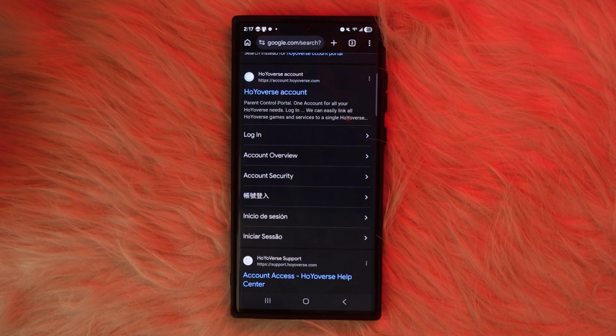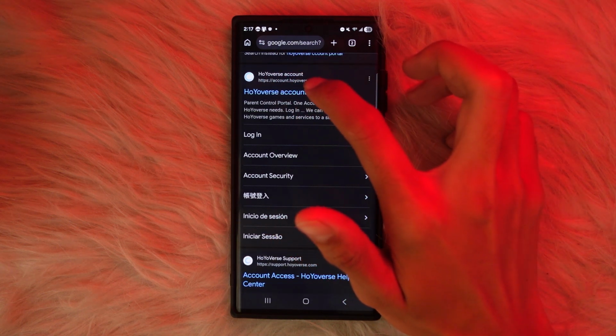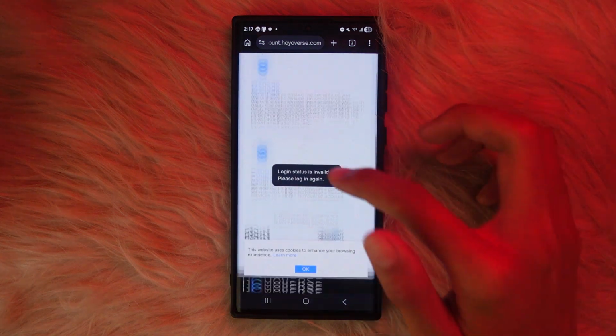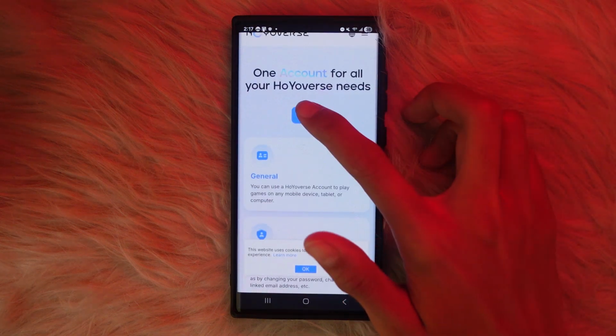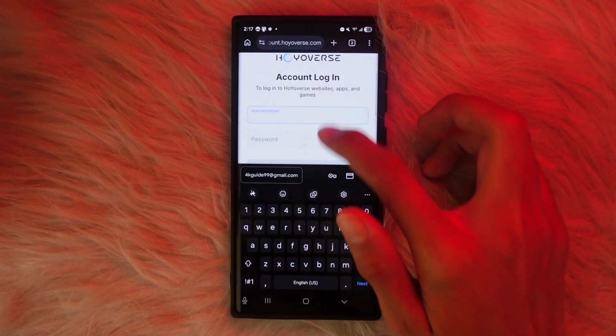In this video I'll show you how to recover your Genshin Impact account. For that you need to go and find this HoYo account website and open this, and there you need to fill up this form, and before that you need to log in and simply tap here and enter your username,